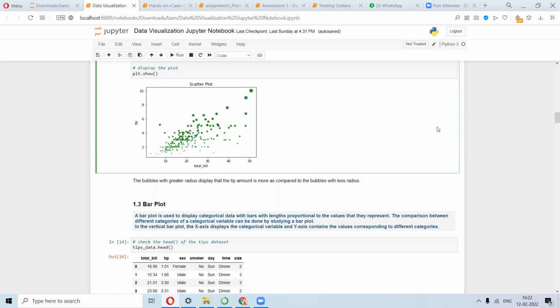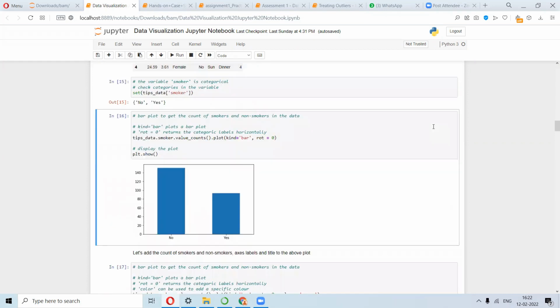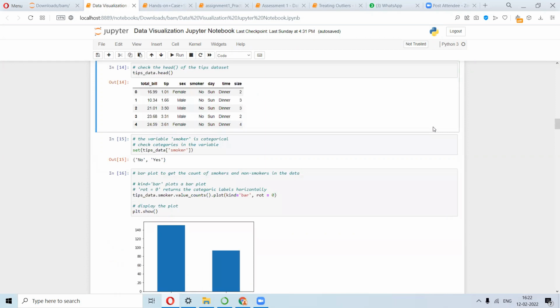So next, let's just look into the bar plot. From here, we are just trying to compare this attribute smoker, and we are dealing with this as a set.